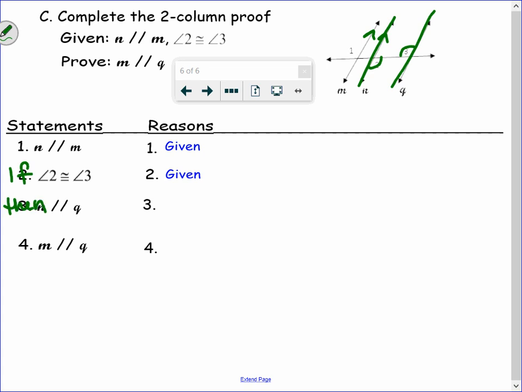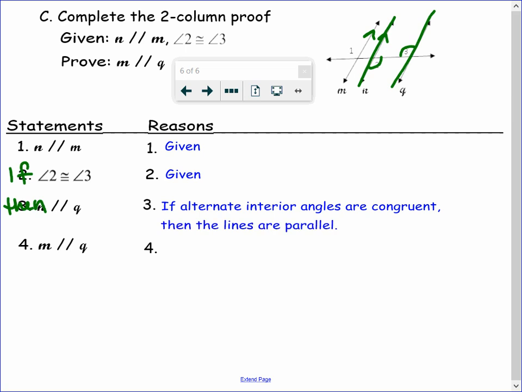But remember, you can't just say if the angles are congruent. You have to tell me specifically what kind. So when you look at lines N and Q, angles 2 and 3 are alternate interior. So if the alternate interior angles are congruent, then the lines are parallel. And then number 4,